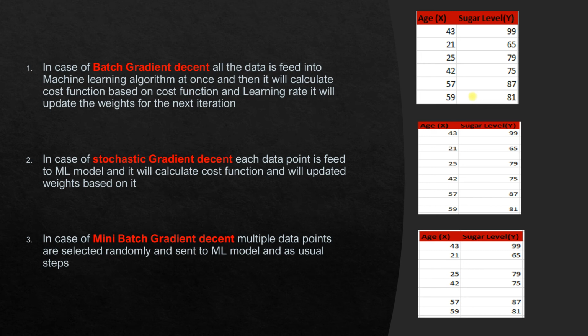If you have very little RAM and no GPU, then maybe stochastic gradient descent. If you have very huge data, maybe 10 GB, even though you have enough RAM, GPUs and CPUs, but you still have a huge amount of data, then you may go for mini batch gradient descent. The accuracy may vary between these three gradient descent algorithms, so we have to choose wisely based on the data we have in hand.